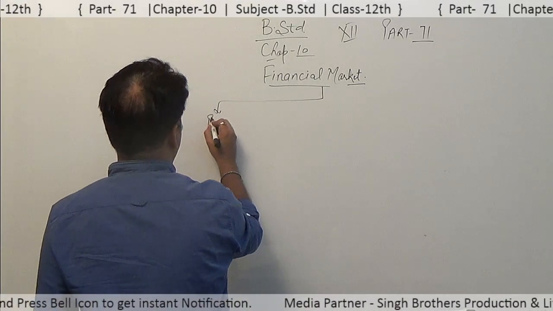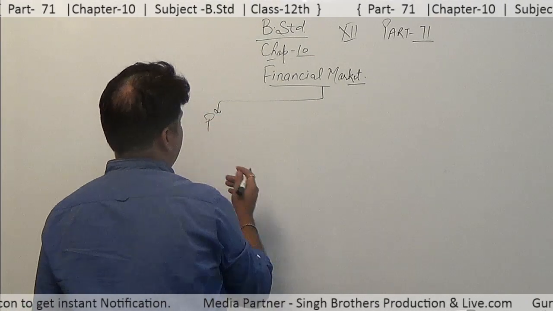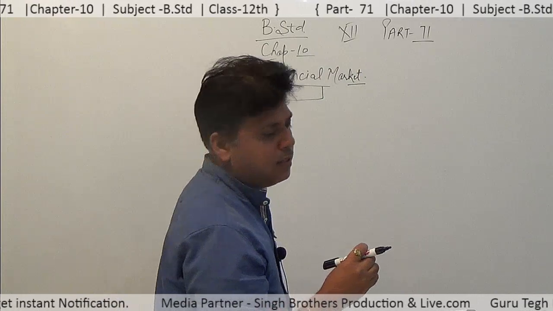Now the question arises about the types of market. These are two. The first one is